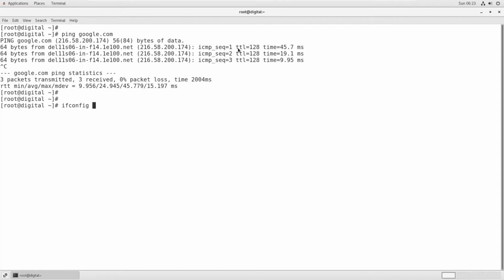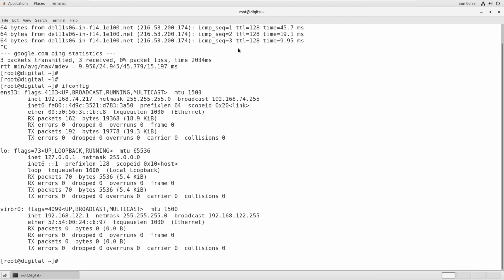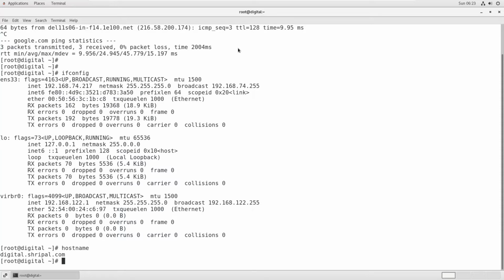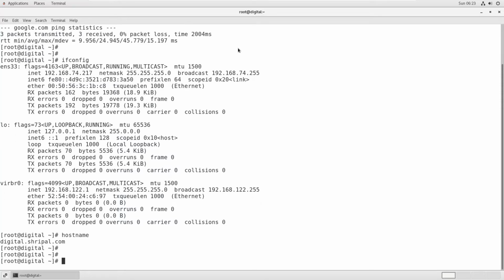Now check your IP using the ifconfig command. Also check the host name using the hostname command. Now add both entries inside the /etc/hosts file.